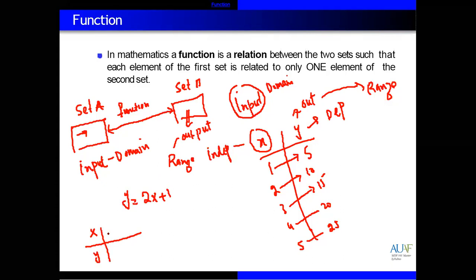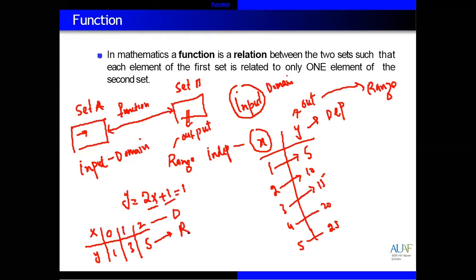Starting from 0, if you give x equal to 0, this is the input value. So 2 times 0 plus 1 is equal to what? 1. That is the output value. If you give x equal to 1 as input, 2 multiplied by 1 is 2, plus 1 is equal to what? 3. So the output is 3. Same, if you give x equal to 2, 2 times 2 plus 1 equals what? This one is actually 5. So the set of all input values is the domain, and the set of all output values is called the range.